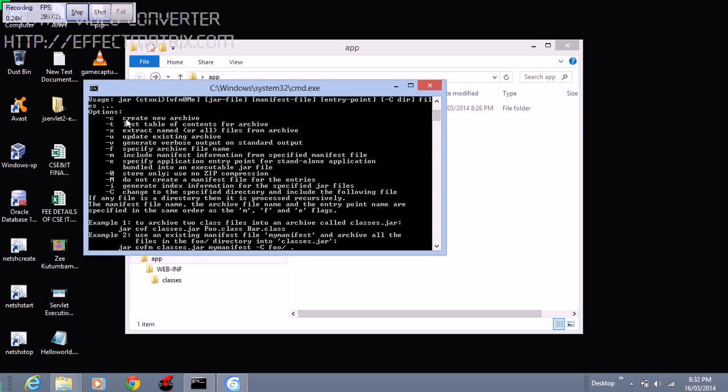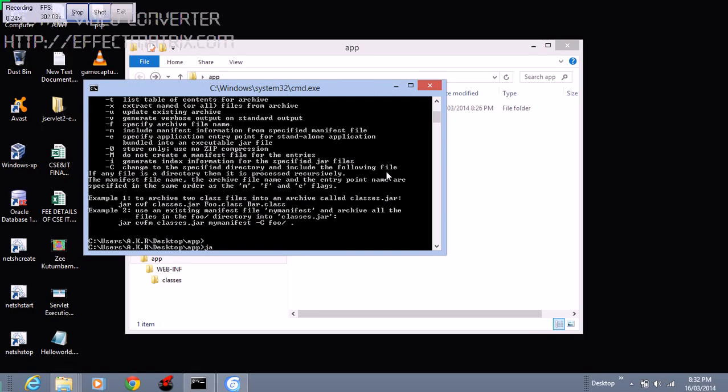You will see C stands for create a new archive, and V stands for generate verbose output on standard output. Then specify an archive file name. So jar CVF